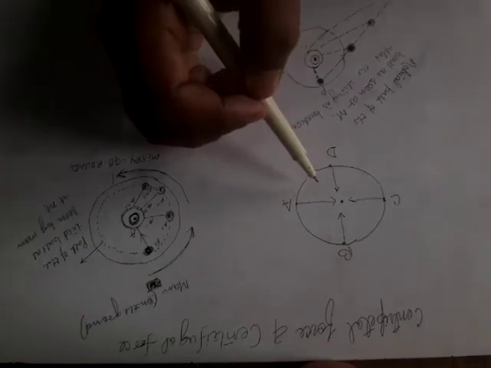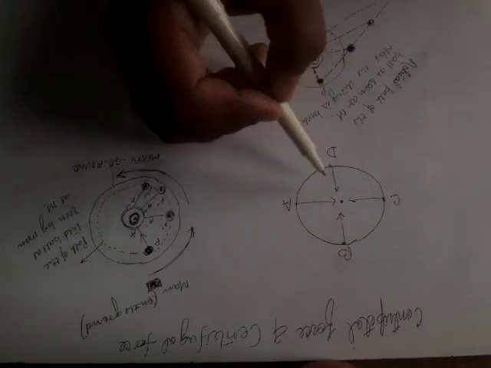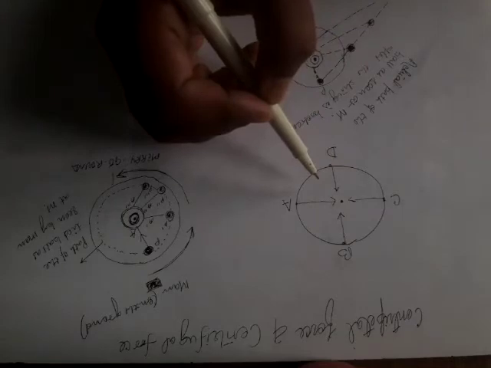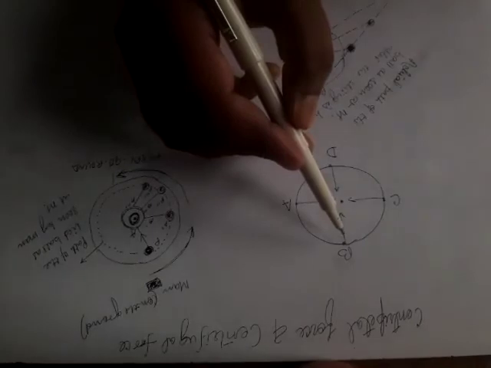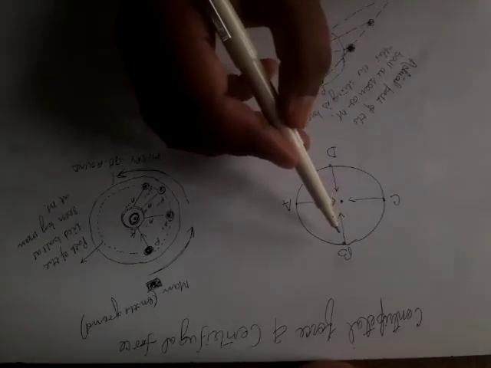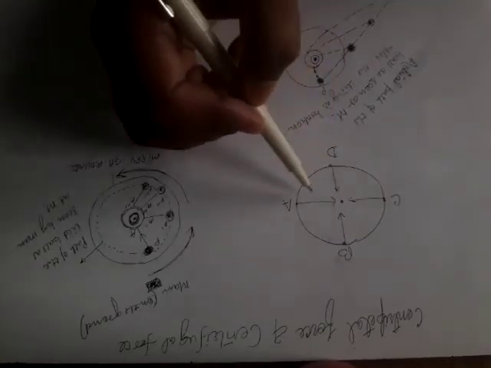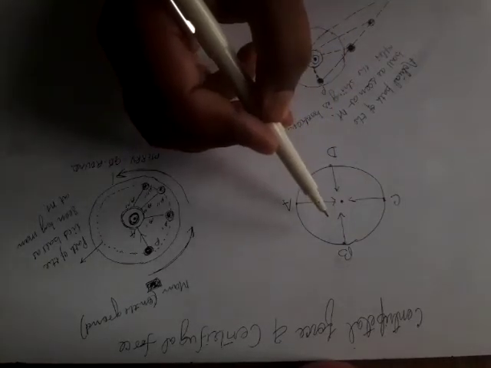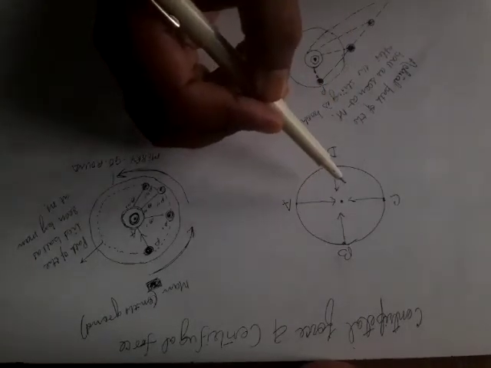Also we can take the case of our planets. All the planets are revolving around the sun, and the force of gravitation by the sun on the planets always provides the necessary centripetal force, and that is mainly responsible for all the planets to revolve around the sun. This is also one example.